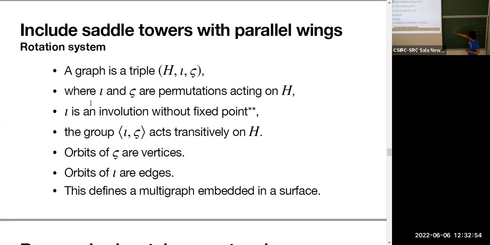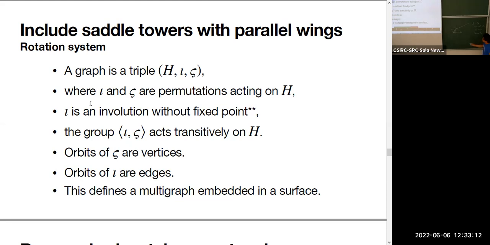So iota travels to the opposite one, and then sigma to the next edge, and to the opposite one to the next edge. So why is this great? Because even